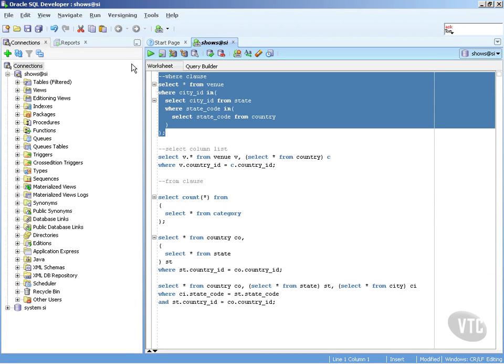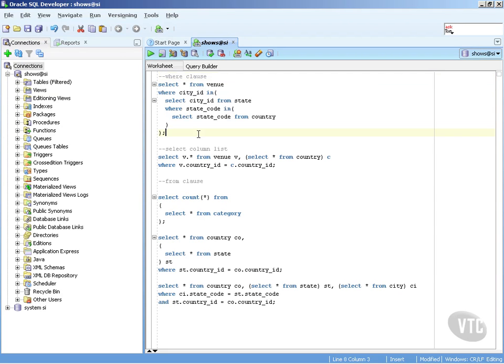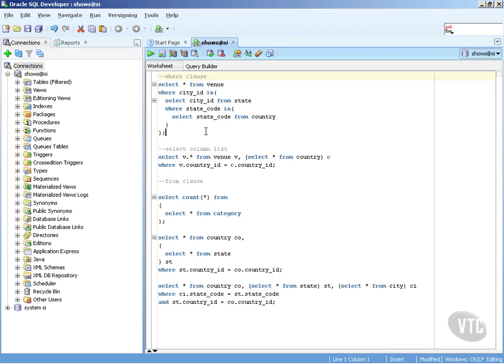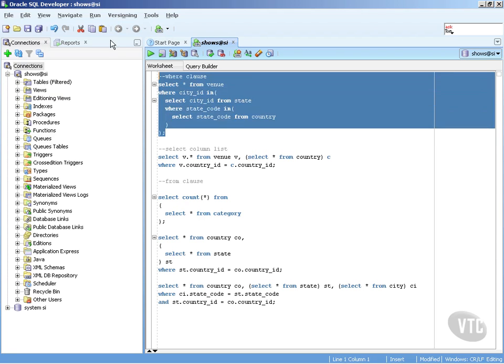As of Oracle 10 and 11, the optimizer is a lot more sophisticated, and it tends to make this method of tuning obsolete. But it's a very good way of breaking down a query and understanding how it works and the best way to execute it. So it's useful to understand how to do this. It's pretty simple. All we're doing here is we're taking